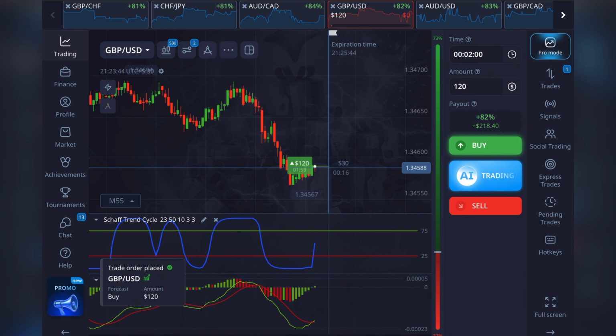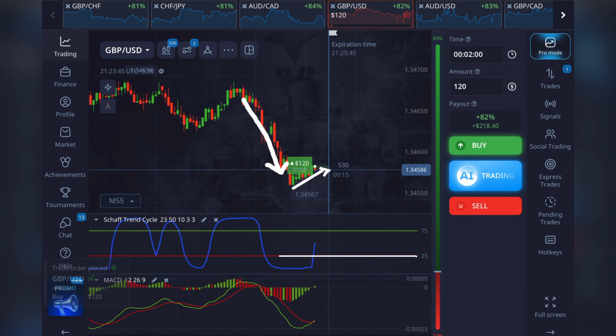For my first setup, I noticed that the previous bearish move was starting to lose momentum near the recent low. The Schaff Trend Cycle had been below the 25 level and then turned sharply upward, showing a possible change in short-term momentum. At the same time, the negative MACD histogram bars were becoming smaller, while the MACD lines also started